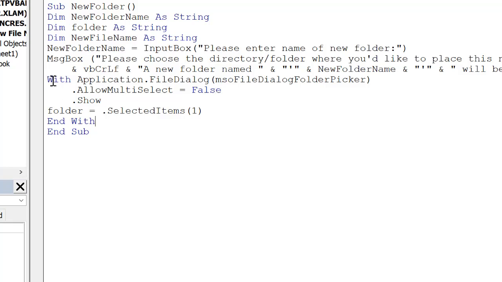So I've got this with Application.FileDialog, this file dialog folder picker. We're not going to allow multi-select, so the user can't select multiple directories. And then we're going to show this selector, this picker, and then we're assigning folder as a string to the selected item. So this basically allows the user to select the pre-existing directory,